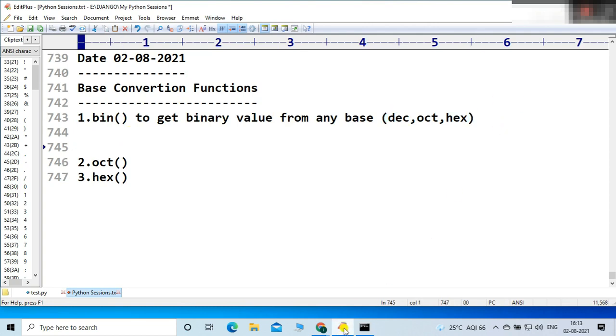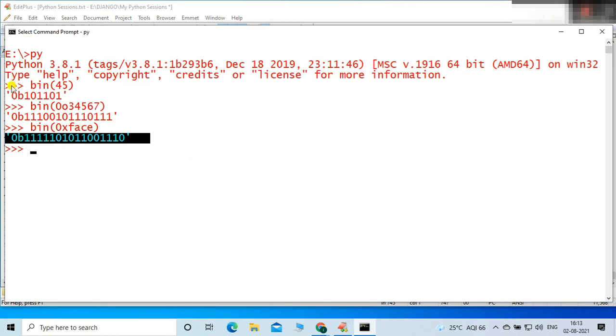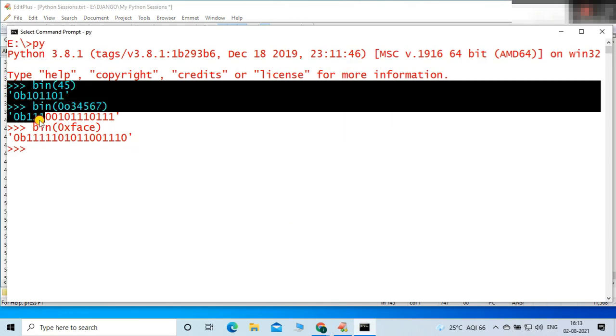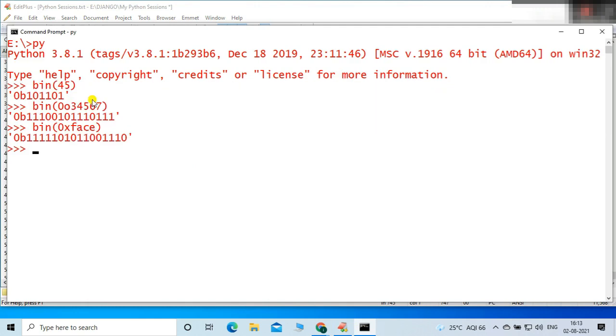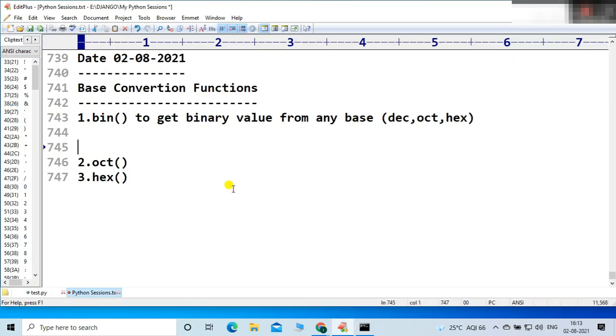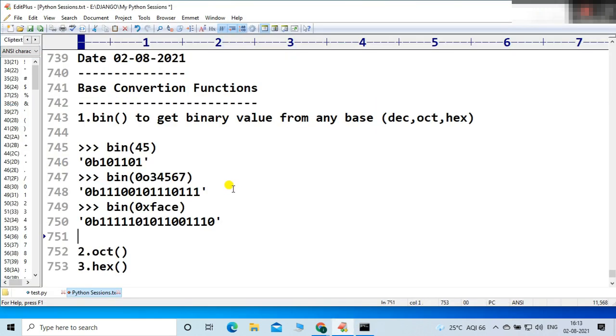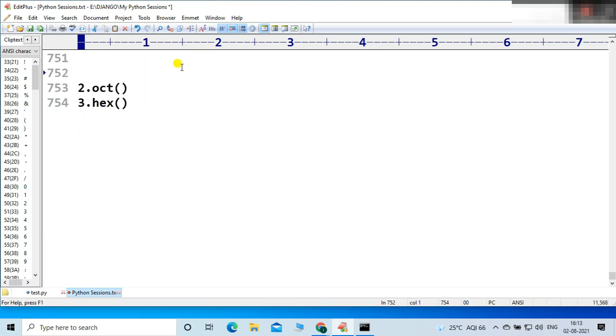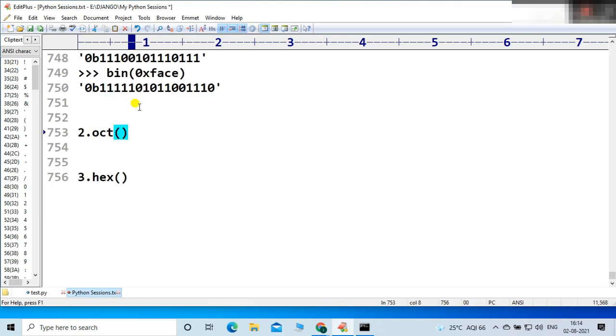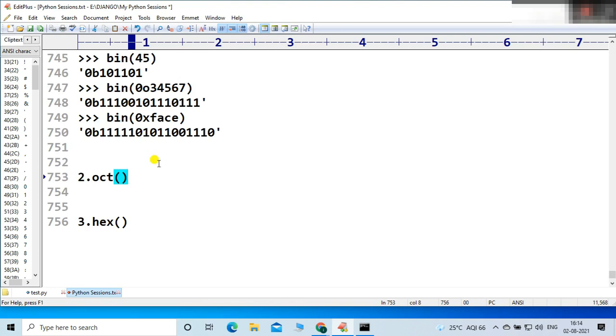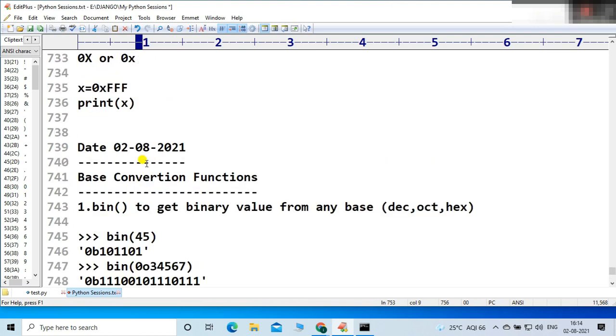So let me paste all the examples which we have covered, right? Let me place this example so that it will be very clear to all. So these are the examples. Let me focus on the octal number system. What exactly does it mean, friends? Similarly, like binary, it will convert your result in the form of the octal number system from any base. Any base means what? Decimal number, friends.